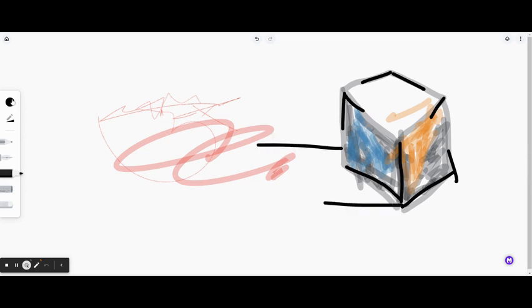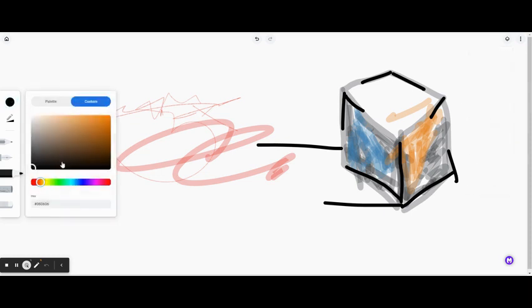And maybe I have a shadow that I want to start layering in. Maybe I want to make the shadow on another layer. So I'll hit plus and then make my shadow. So I'm going to then take this, go here. Maybe I'll make my shadow like a blue value